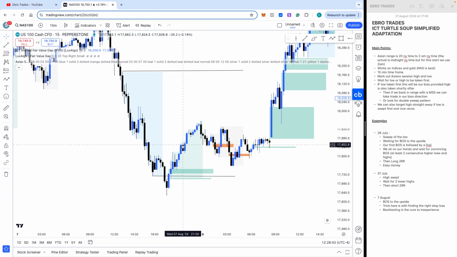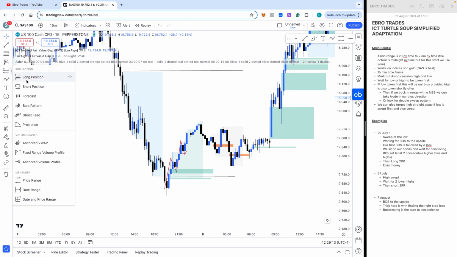I am now waiting for convincing motion to the upside. So we can see we've got a high, we've got a higher high, another higher. We've got 3 consecutive highs. As soon as I see the second high, so when I see this higher low, I'm immediately entering the trade. And I mean, just to make it clearer, we've got high, higher low, higher high, higher low. So that to me is a break of structure to the upside from our previous bearish motion. And I am immediately going long over here,